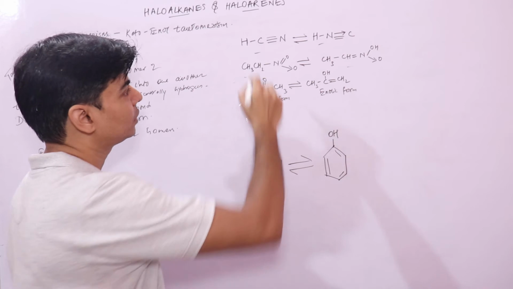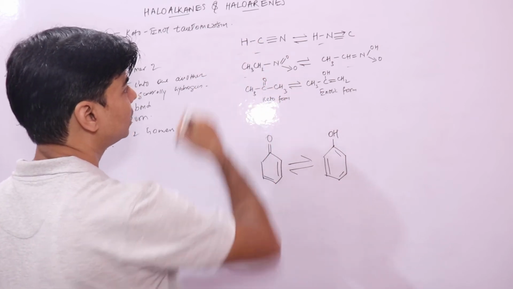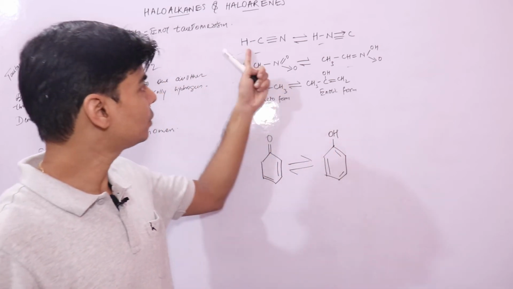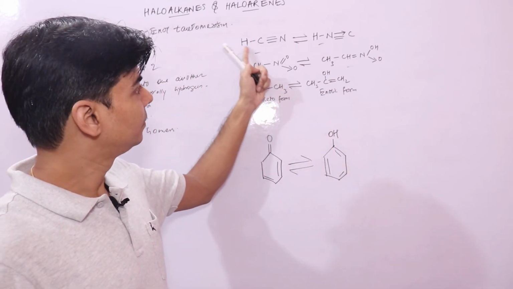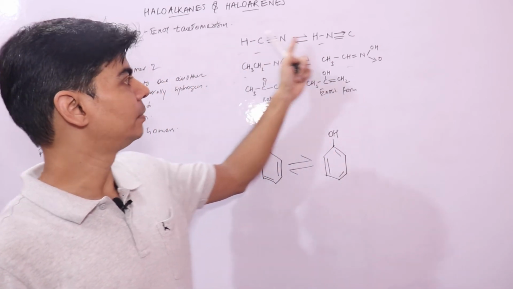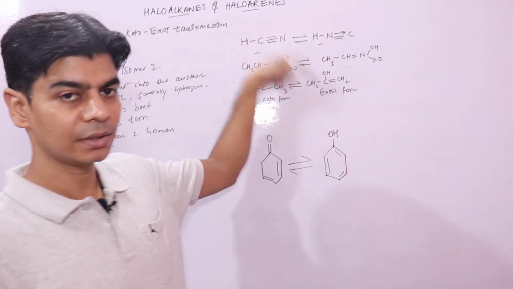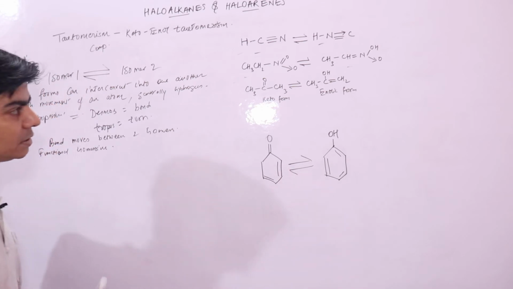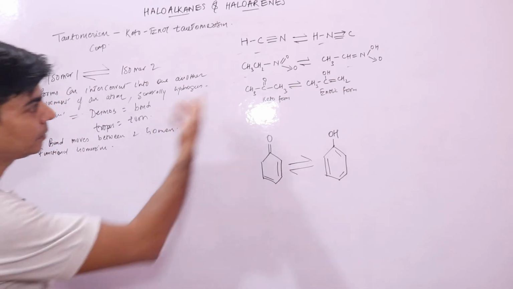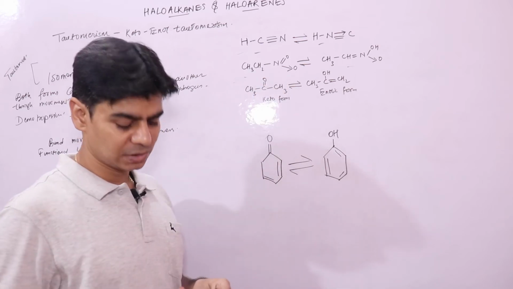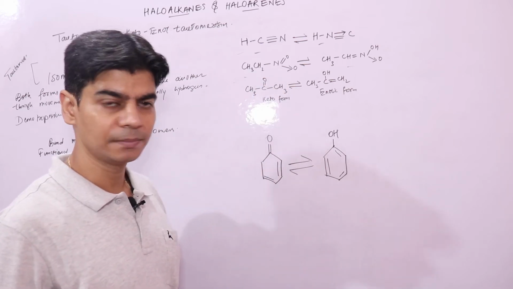Now one thing I forgot to tell you here, you can see that the atom which is moving is your hydrogen atom, right? Here the hydrogen atom is connected to carbon, here the hydrogen atom is connected to nitrogen. So here your hydrogen atom is moving. Now applying the same concepts that we learned here to the second example, it's a special type of functional isomerism,